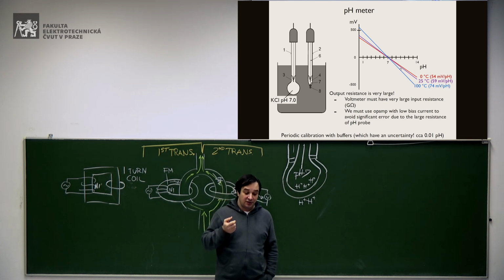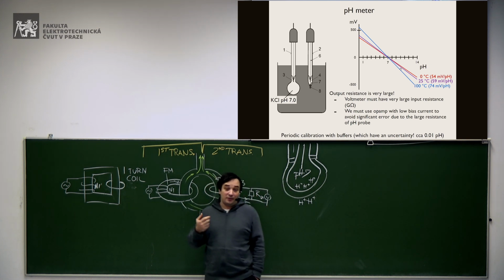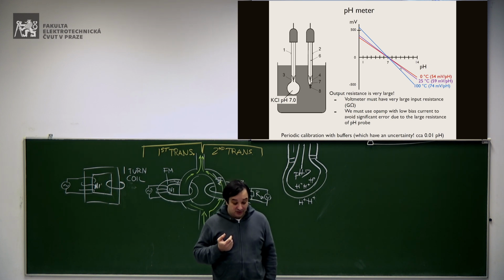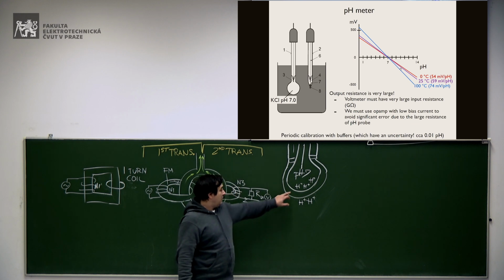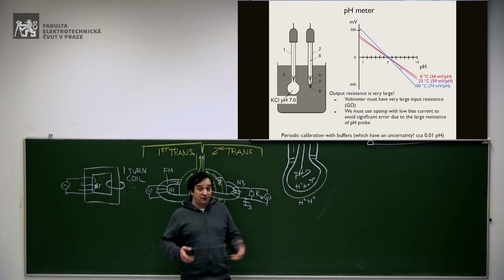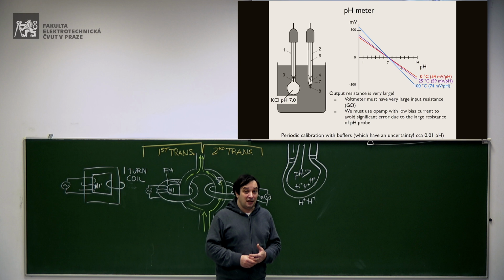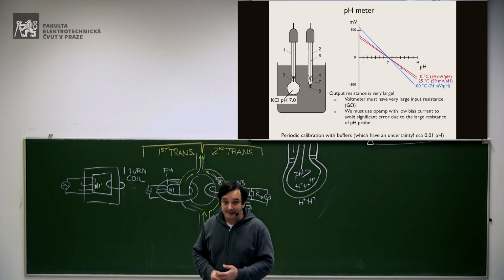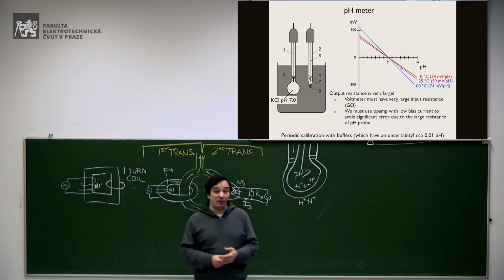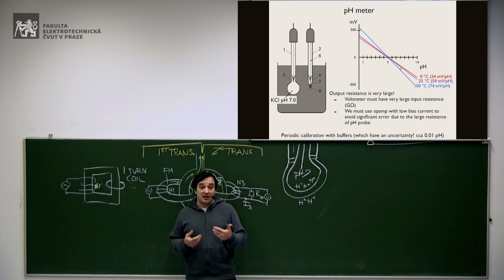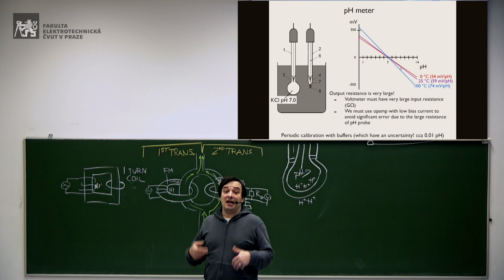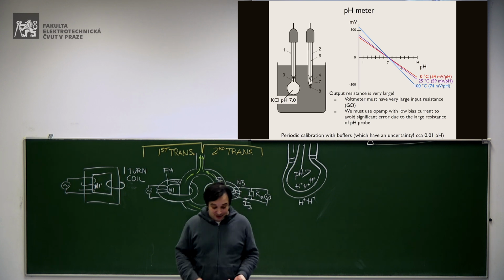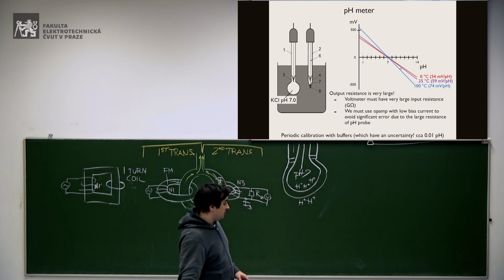Now, what is important for us electrical engineers is that when we get this voltage, we must be careful how to measure it. Why? Because in this case, we have a voltage which is created on a glass membrane, which has therefore a very large resistance, okay? And this is a problem. You know that when the voltage source has a large resistance, then you have to select a voltmeter which has an input resistance much larger than the resistance of the source itself, okay?